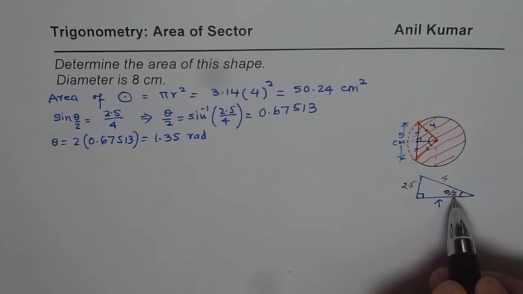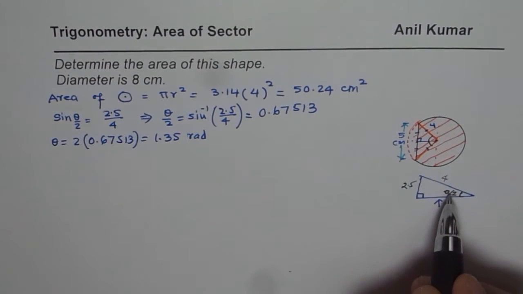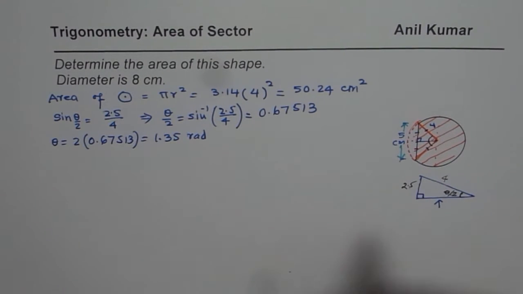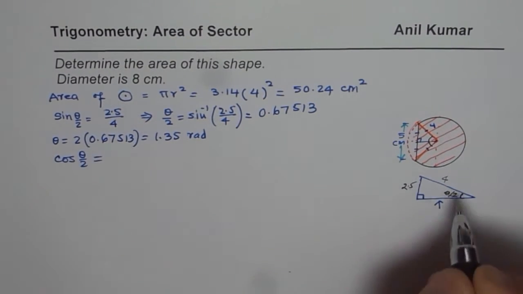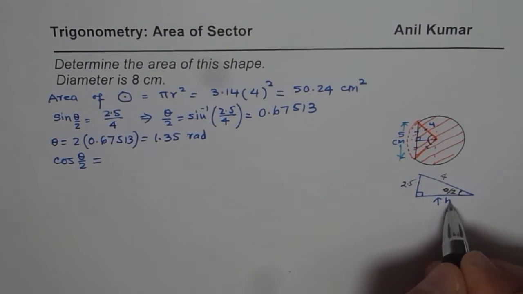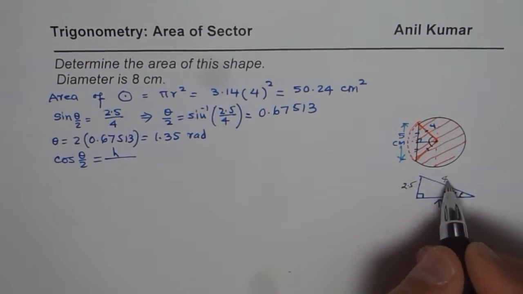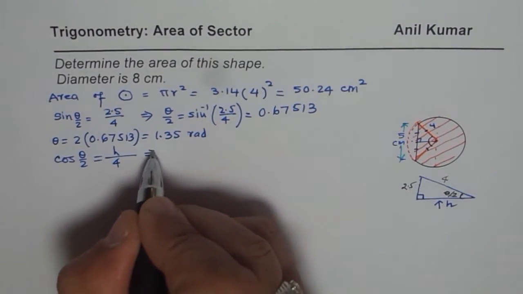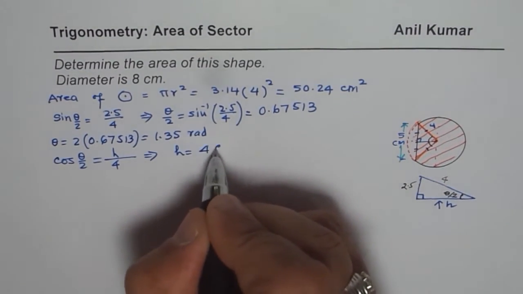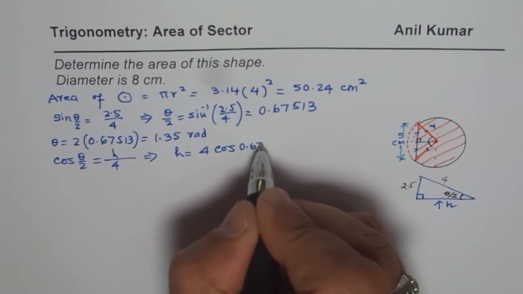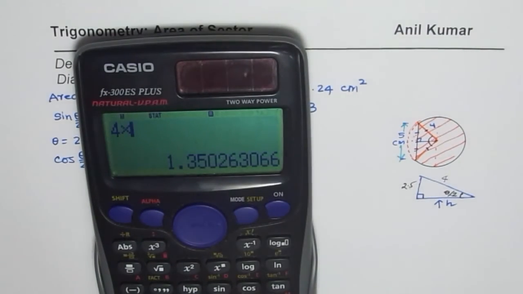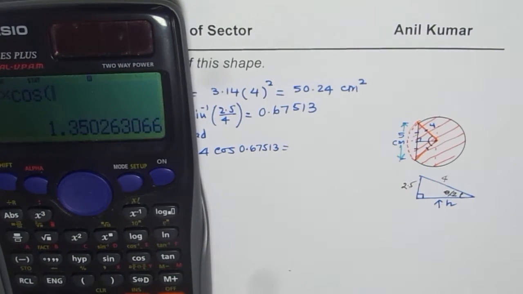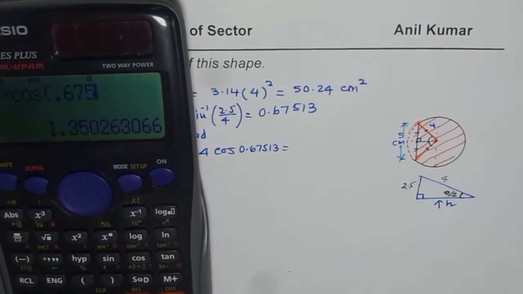Since we know the angle, 0.67513, this half angle, from here we can find the side length. So we say cos of theta by 2 is equal to, let's call this height h, so h over 4. That means height h equals 4 times cos of 0.67513. So let's find this height. It is 4 times cos of 0.67513, bracket close, equal to,